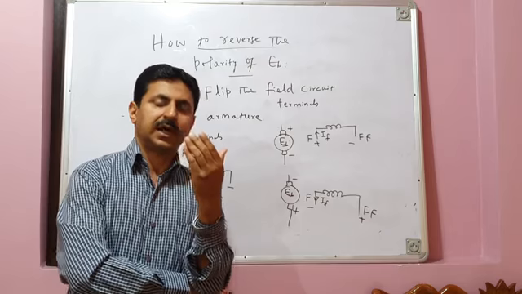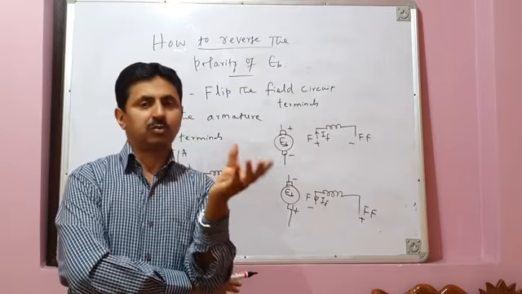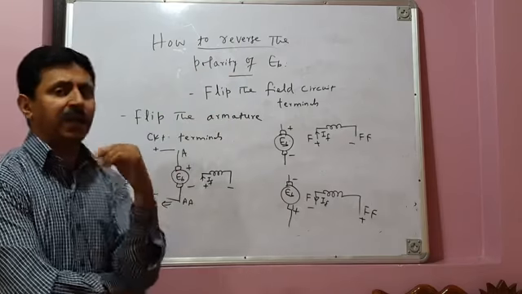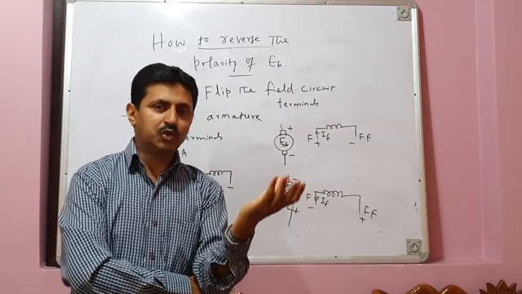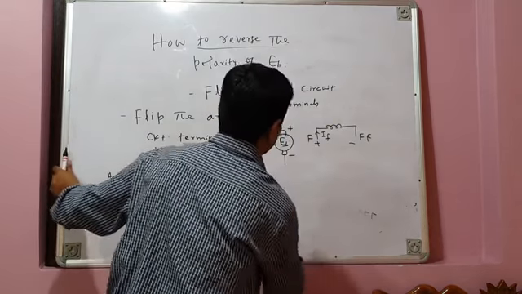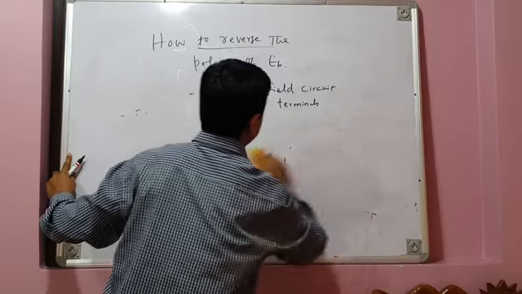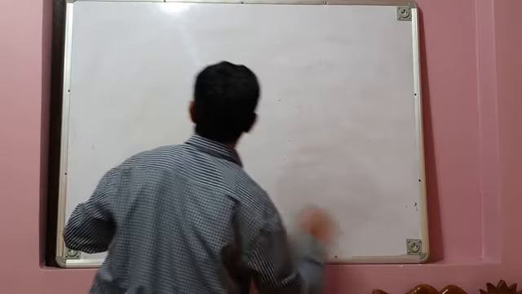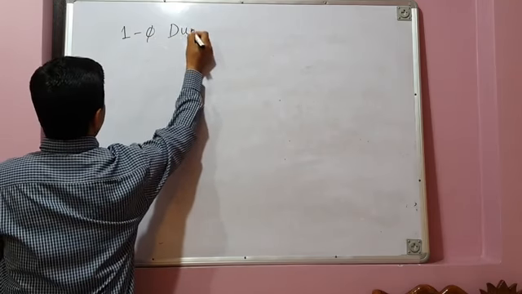Now the question is, how can we go from motoring mode to generating mode, or rectification mode to inversion mode? How can we reverse the polarity of back EMF of the machine? It can be done without any mechanical switch by using another type of converter, which is called a dual converter. So that is our topic of discussion today. We'll discuss the single phase dual converter.